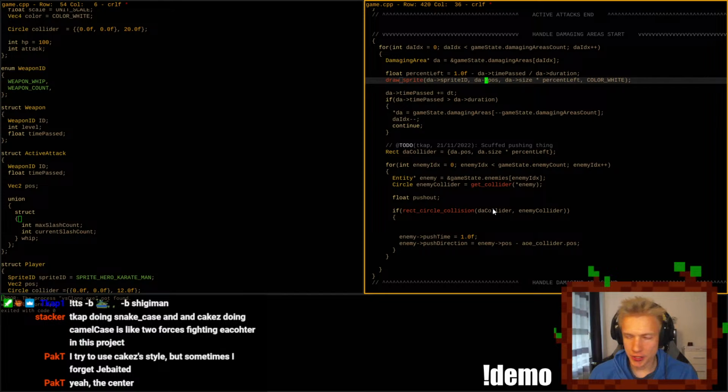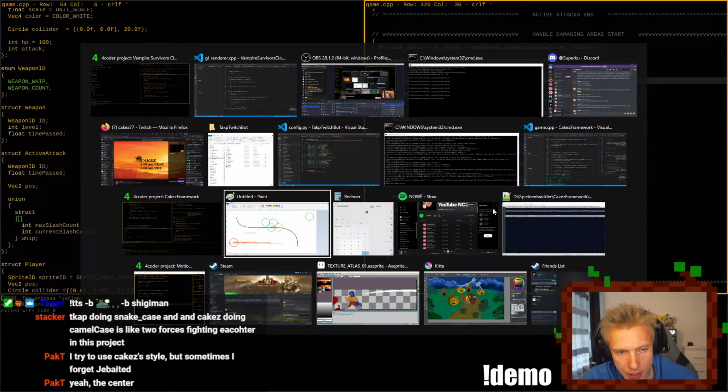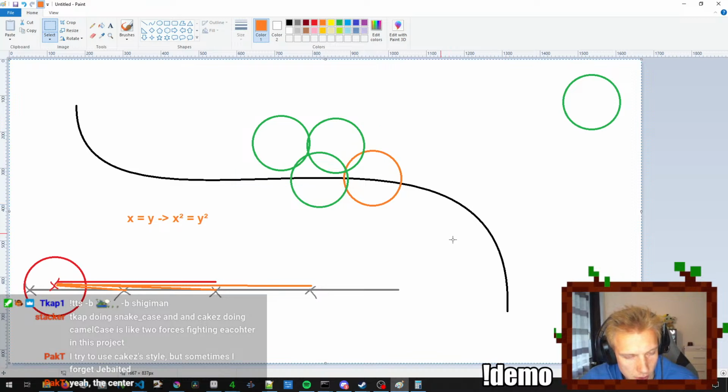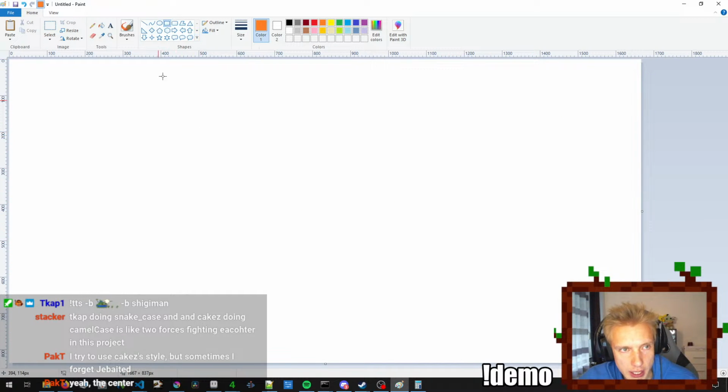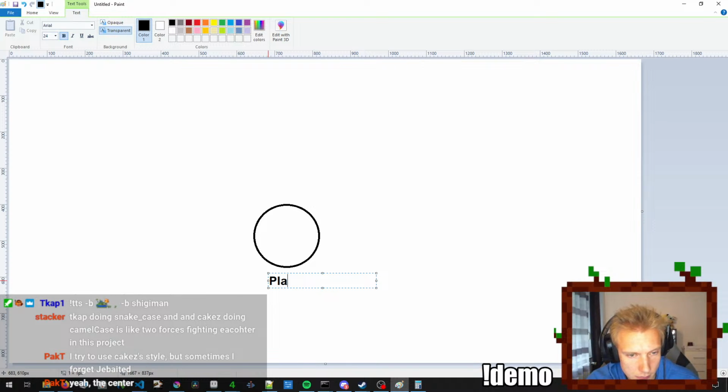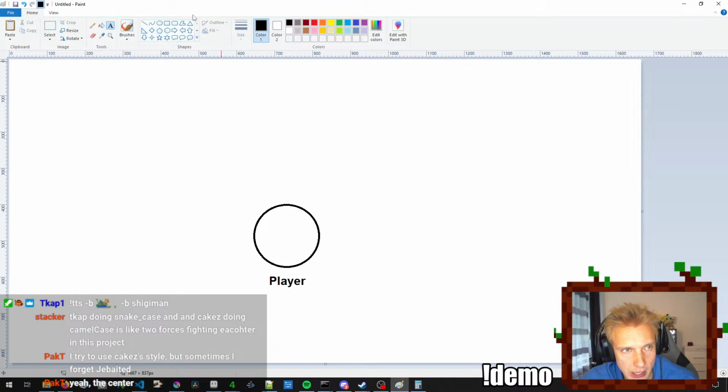I didn't touch that. Because, look, what I'm thinking about what we could do. If this is the player, right? That's the player. Now, we spawn a damaging area, right? On the player. We spawn it over here.